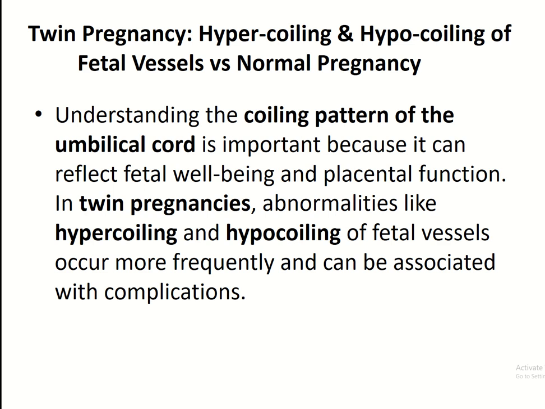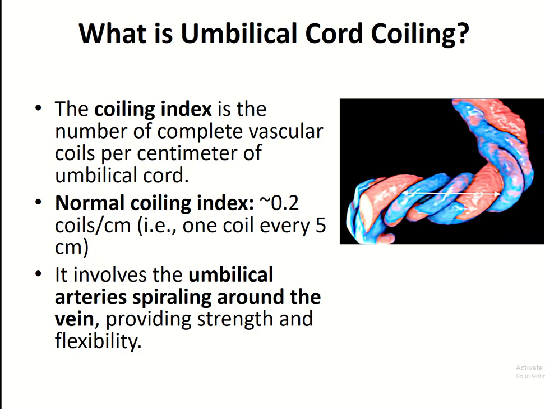Understanding the coiling pattern of the umbilical cord is important because it can reflect fetal well-being and placental function. In twin pregnancy, abnormalities like hypercoiling and hypocoiling of the fetal vessels occur more frequently and can be associated with complications. The coiling index is the number of complete vascular coils per centimeter of the umbilical cord. Normal coiling index is 0.2 coils per centimeter, involving the umbilical artery spiraling around the vein, providing strength and